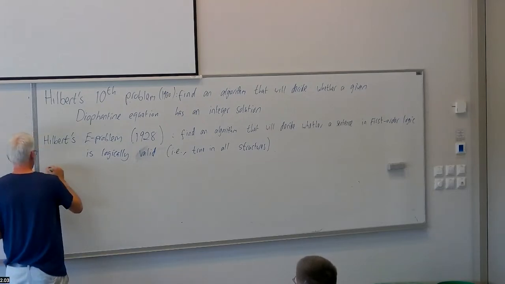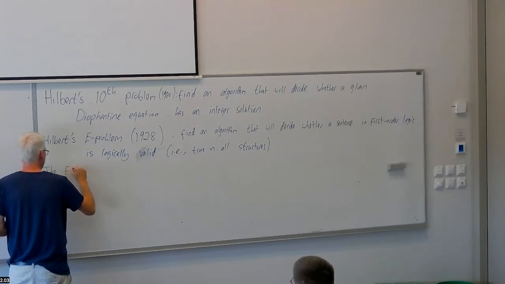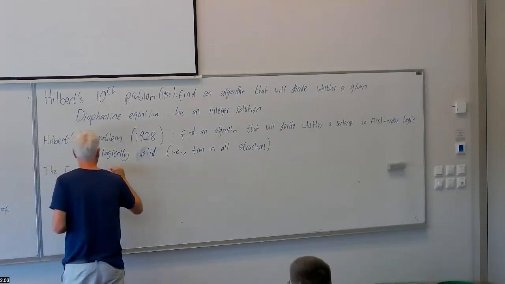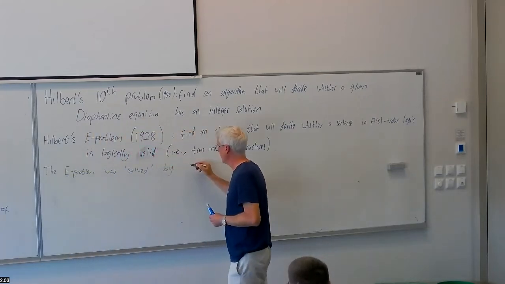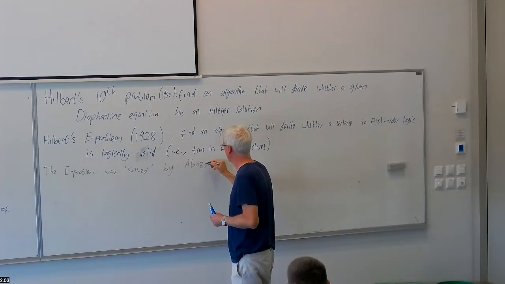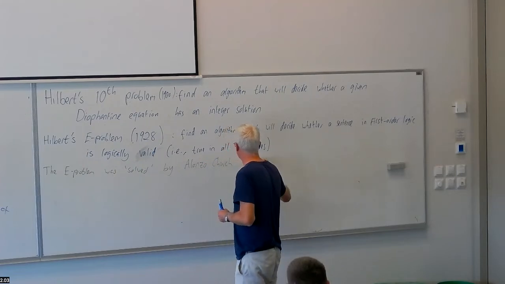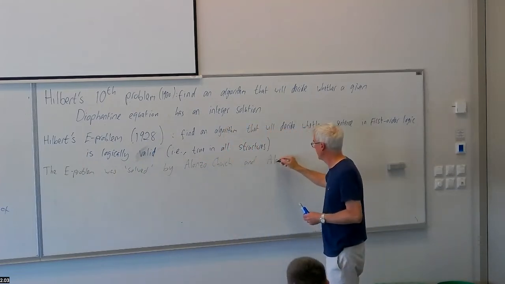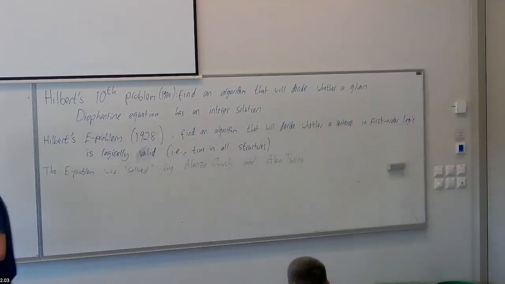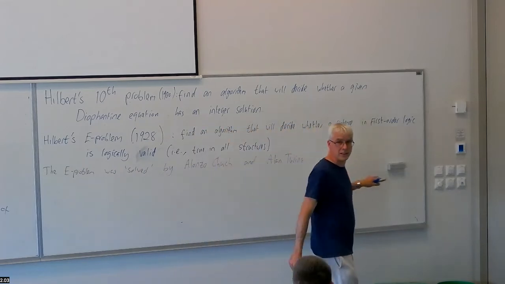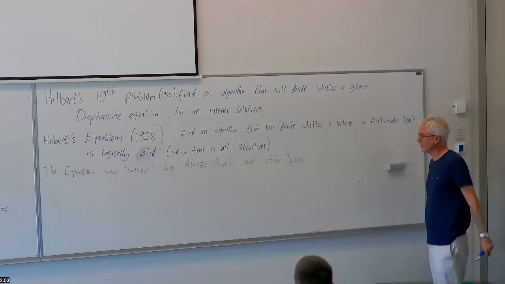So let's say the problem, the second problem, the E problem, was solved by Alonzo Church and Alan Turing. You will have certainly heard, I guess most of you have heard of Alan Turing, a very famous British person from the 20th century that had an interesting life story, and lots to discuss about Alan Turing, but